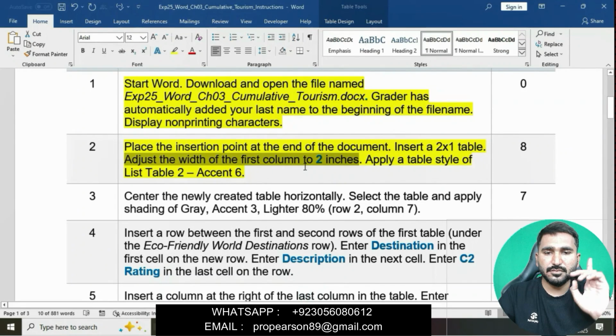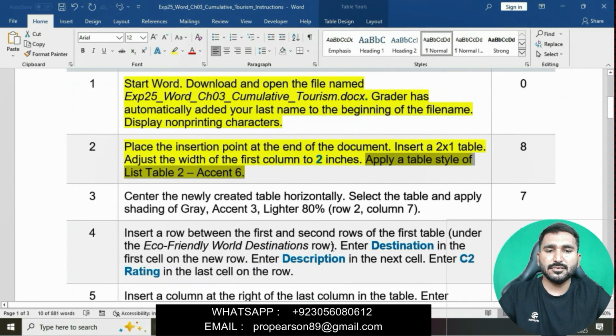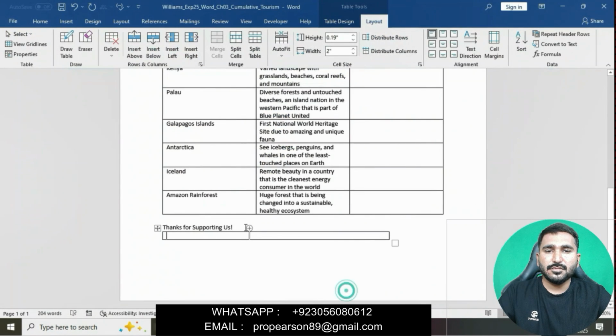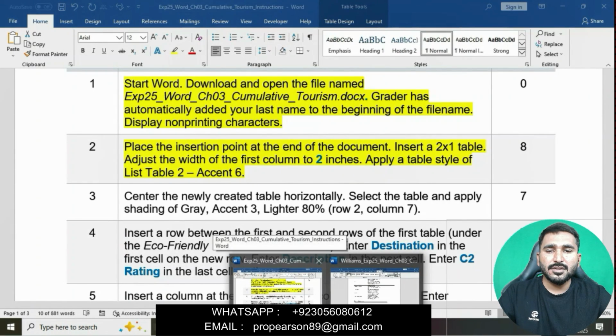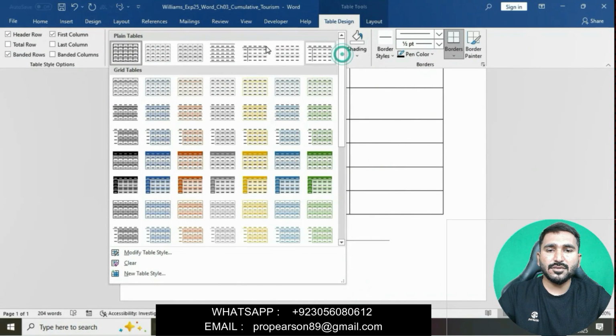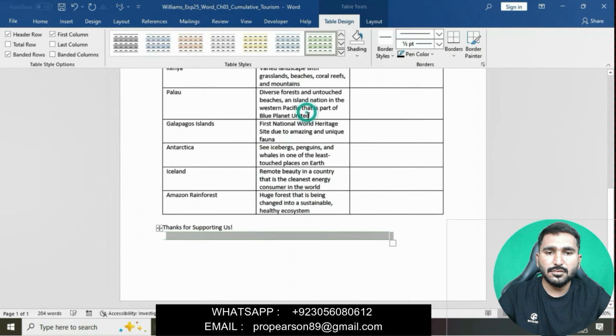Apply a table style of List Table 2 Accent 6. We will select this table, then go to the Table Styles group and apply List Table 2 Accent 6.